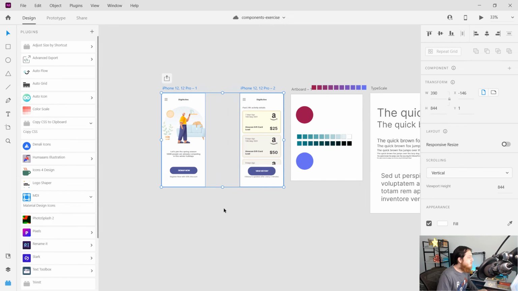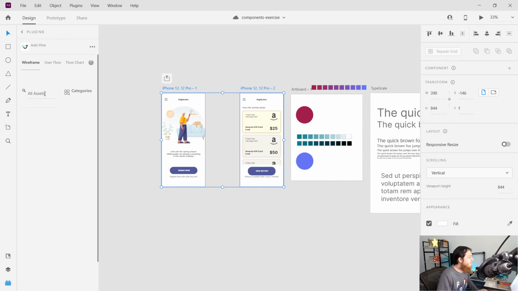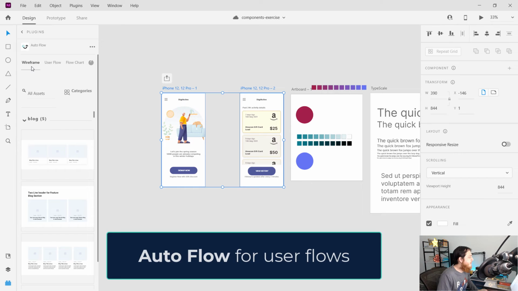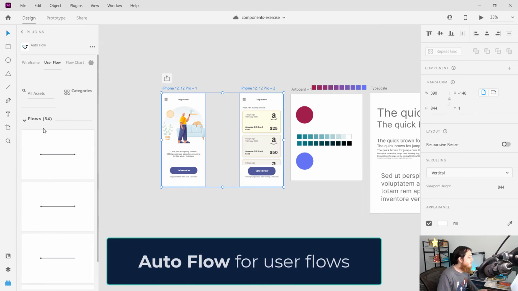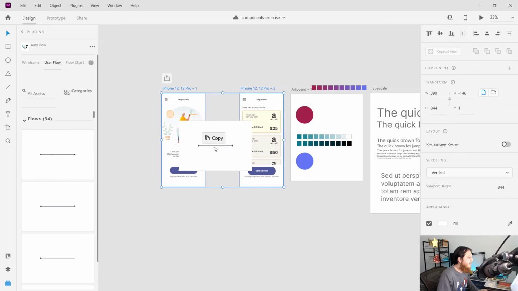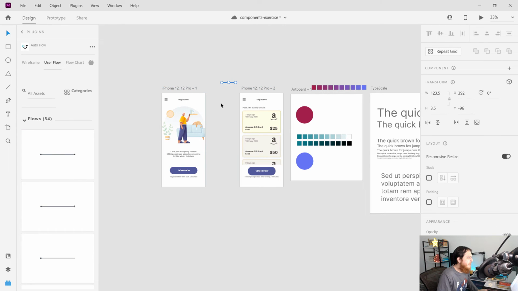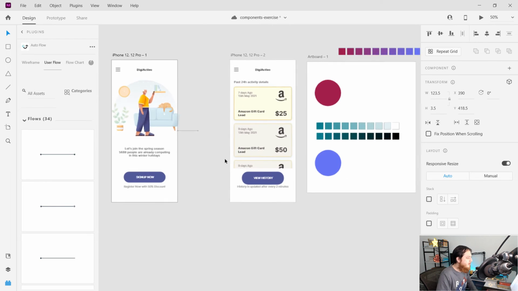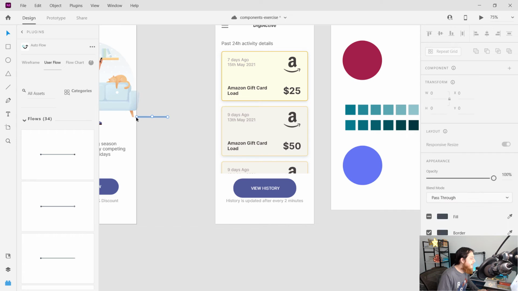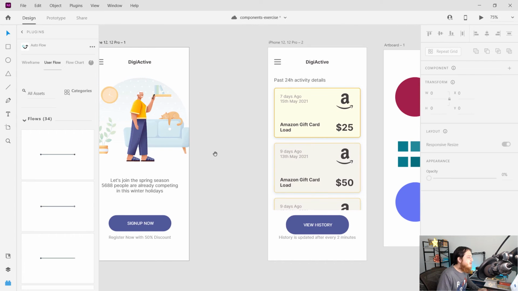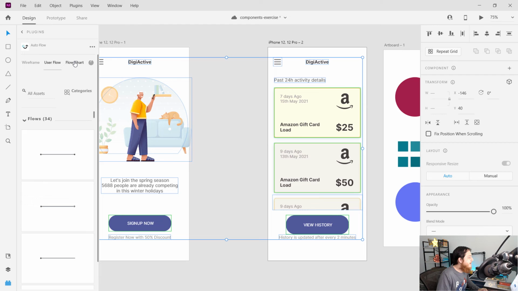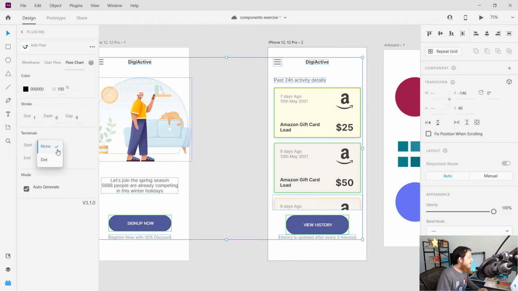So we have these two, and I'm going to click on Auto Flow, and we have, from some wireframes, user flows, and I'm going to drag this one over here. So we have this. Let's attach it over here, and then we are going to attach it on the other side. If it goes inside the artboard, it is going to disappear. So make sure you select these two, and you go to flow chart, and you select the start, and you select the end,